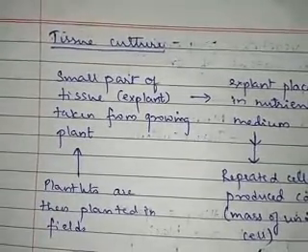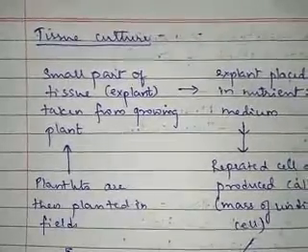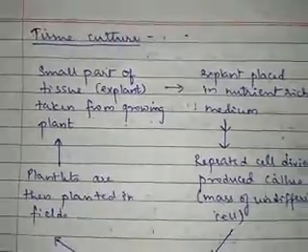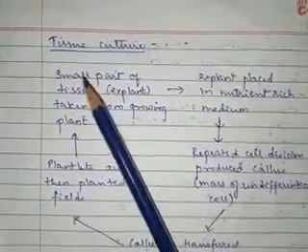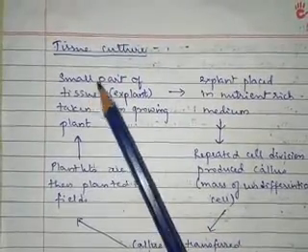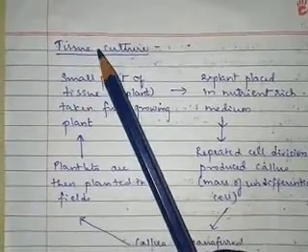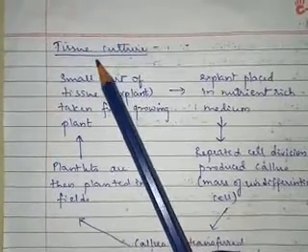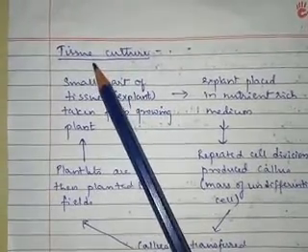One more method of artificial vegetative propagation, and that too a modern method, is tissue culture. Okay, you must have heard this word, tissue culture. Basically it is a laboratory method. You carry out tissue culture in a laboratory, and it is an artificial vegetative propagation method. It can be carried out for certain plants, not all plants of course.